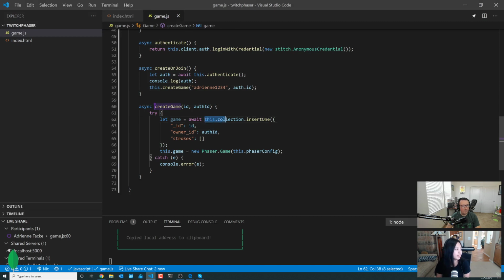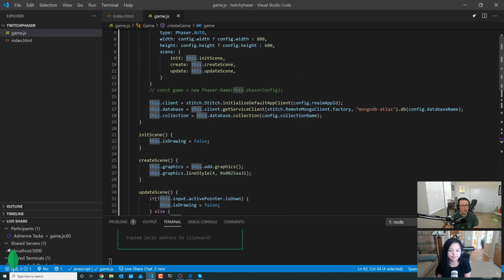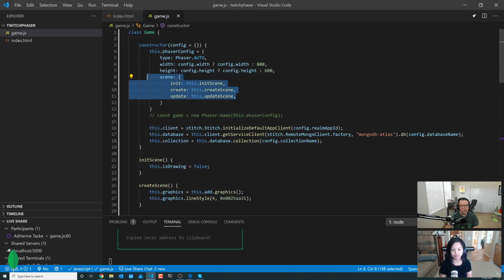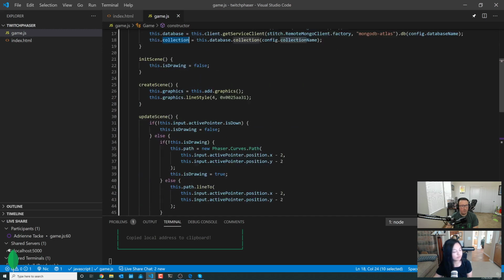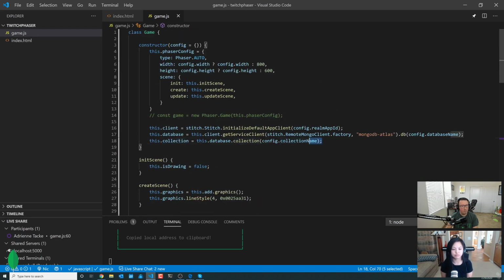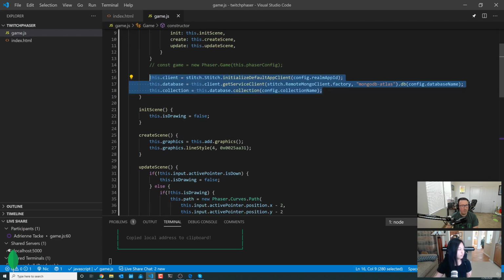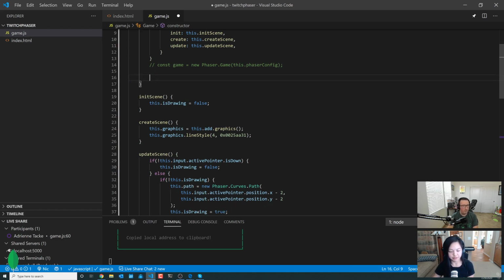If I had to guess, it's because of a scoping issue here. Because this right here, I think it represents inside of the scene itself, whereas we have this dot collection inside of the constructor, which is not part of the scene. So I think we need to play around with some stuff. One way that we could do this is I think we can get away with moving this into our init. Okay. That should work out. Yeah, why not? Try it.